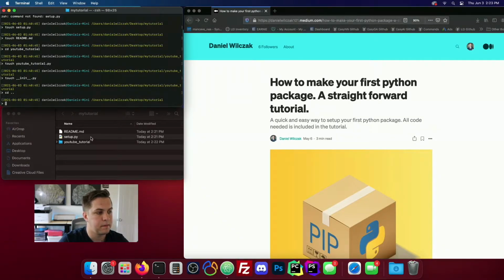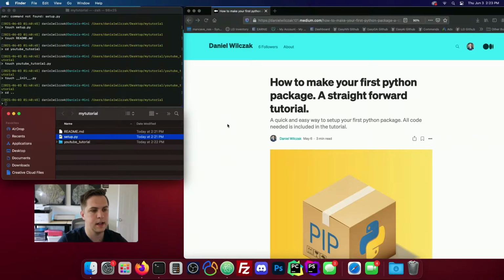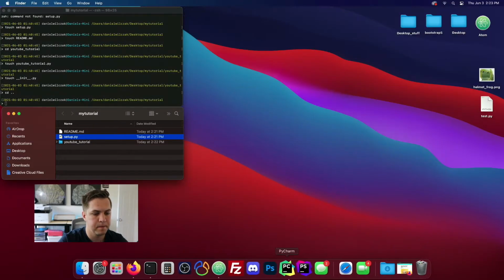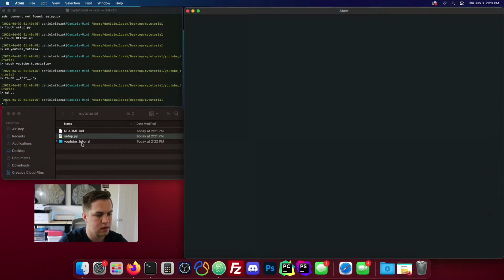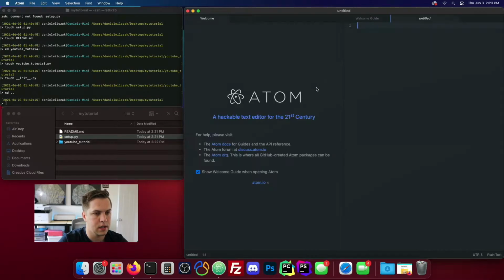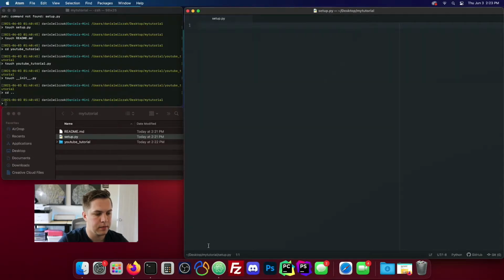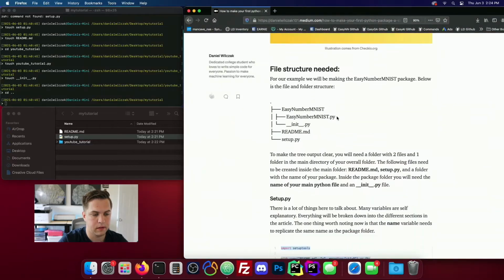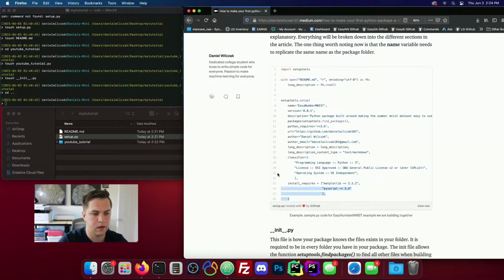and the first file we're going to play with is the setup.py file, and in that folder I'm going to be using Atom. So I'll just take it and I'll put it inside of here. Now I'm going to use the tutorial to copy this code. It's really good just to use this as a template and then adjust for what you need